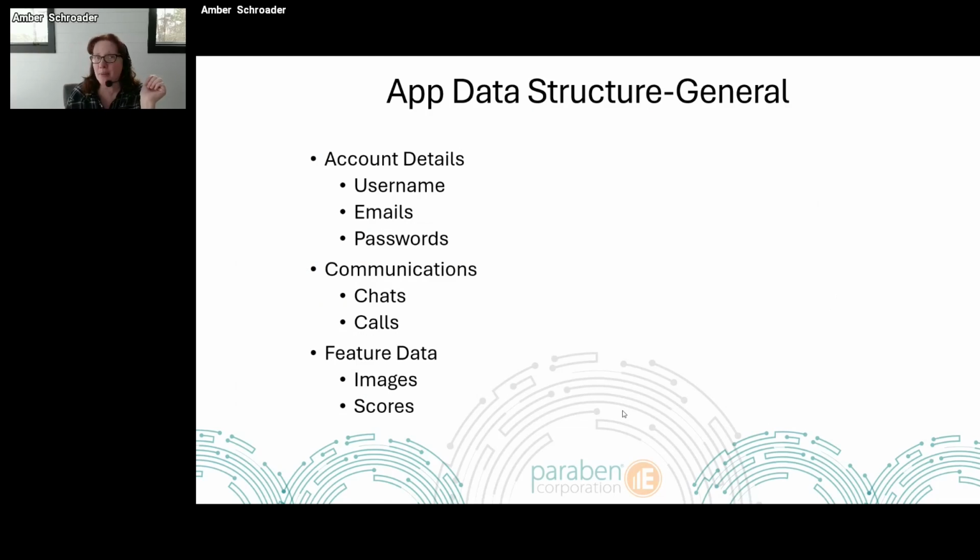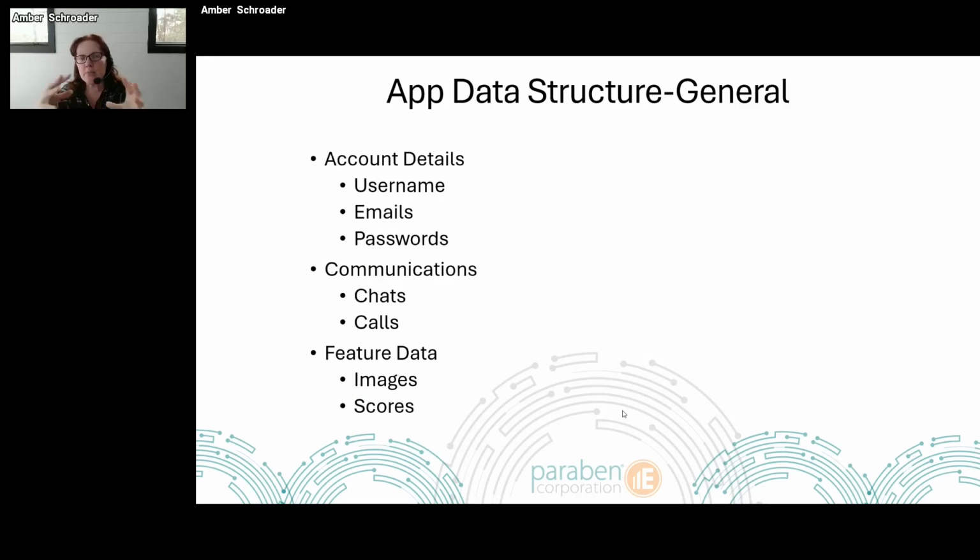So this is kind of my reasonable expectation of data when it comes to apps. We see my username. You'll typically find the email they use to sign up with the account. If they use something like their Google credentials, their Facebook credentials, any of those to be able to add into another app, I'll typically see that as well within the metadata associated with that app. You potentially will see the passwords to be able to log into that app as well. Mostly, all of this information is kept in plain text.